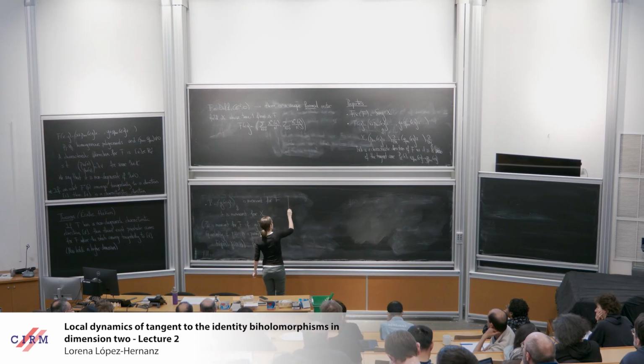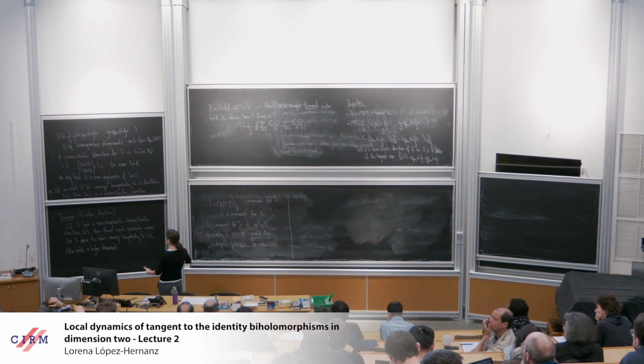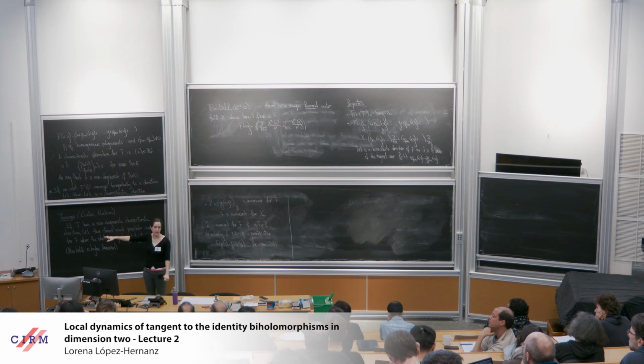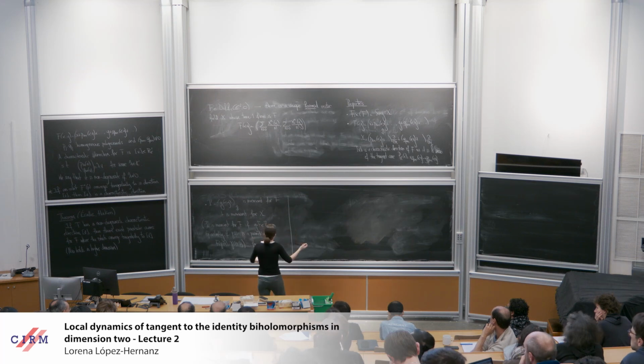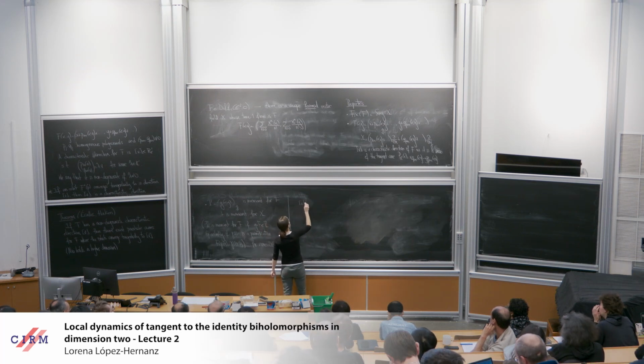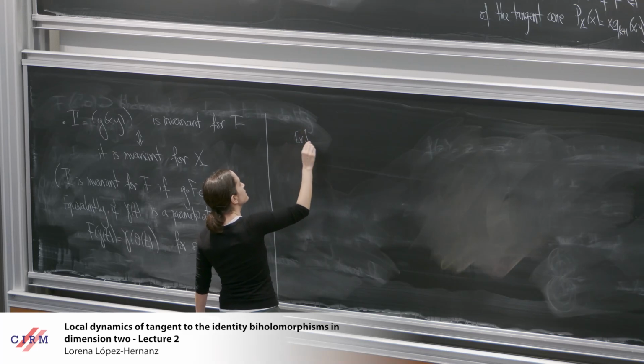Okay, so what does having a non-degenerate characteristic direction mean? We saw that characteristic directions are exactly the points of the tangent cone of this formal vector field. A non-degenerate one, okay, we can just do the computation. If v is a non-degenerate characteristic direction,